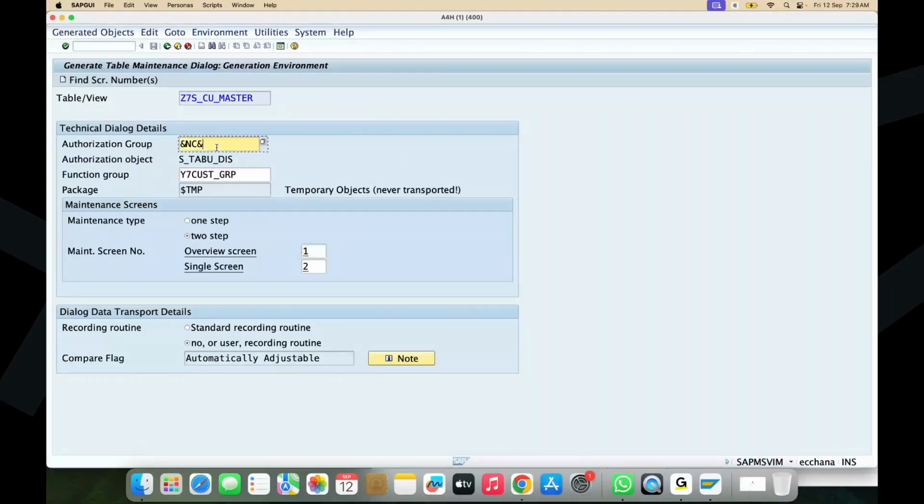So these are the three main important things we have completed. First one is authorization, who is allowed. Second one is function group. What are the automatically generated programs or where it is going to capture? And third one is screen. Screens are required for the data maintenance purpose by end user. And fourth,